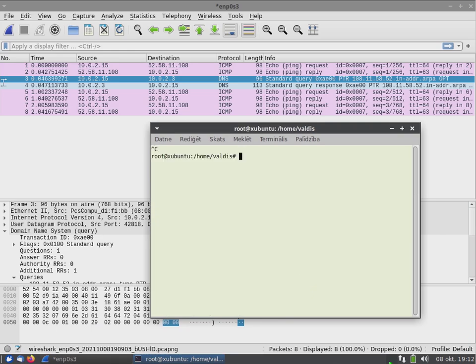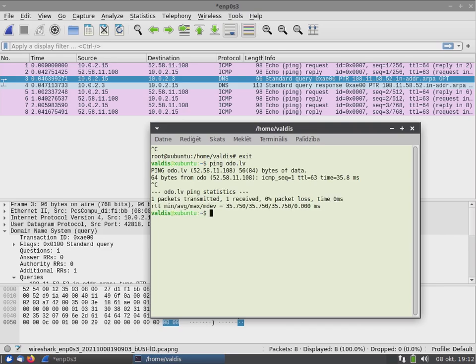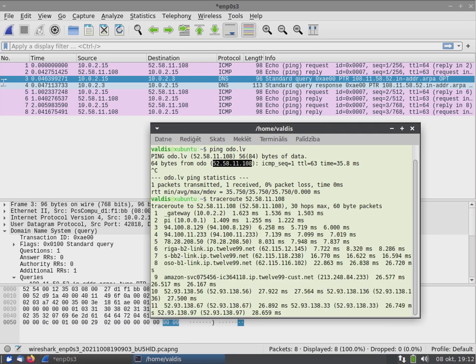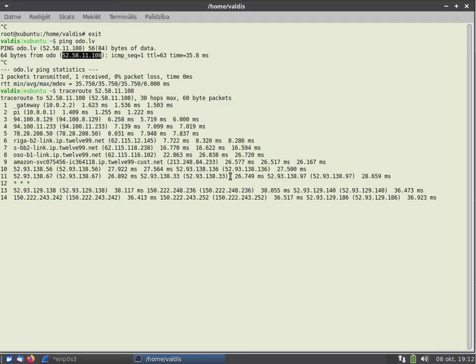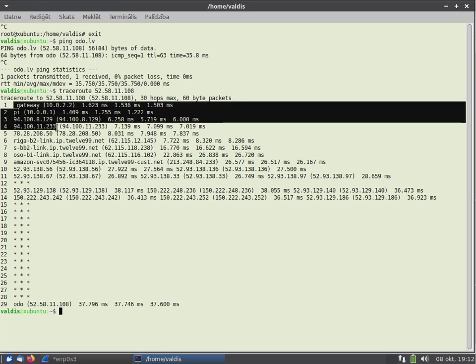But what is very interesting and important is a utility called traceroute. At first, let's see. And how does this utility work?